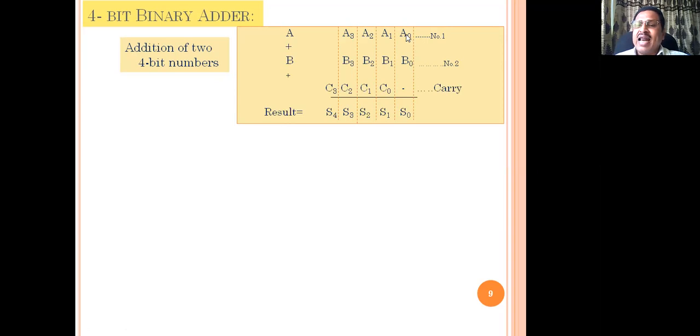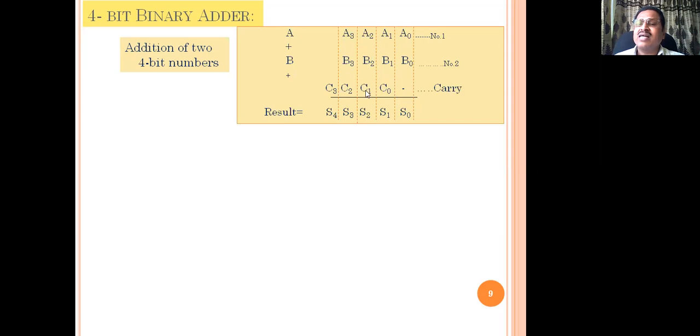So beginning with the LS bit position, A0 is to be added with B0. Here we only add two binary bits. The result can be a sum S0 and, if any, a carry C0. Now, henceforth, for every next position you have to add three bits: bit A1 of number A, bit B1 of number B, along with the carry from the previous position, if any. The result can be of 2 bits,